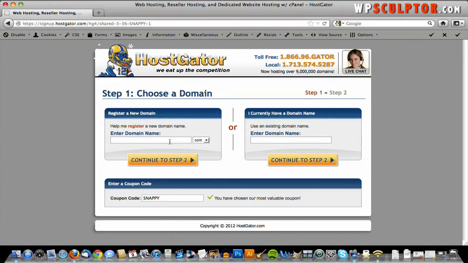And that domain name has to be something that is not already taken by someone else. So for example, you couldn't use Amazon.com or eBay.com, obviously, because they're already owned. So you want to select something that's unique and not already taken. It may take a couple of tries, but right now I'm going to use